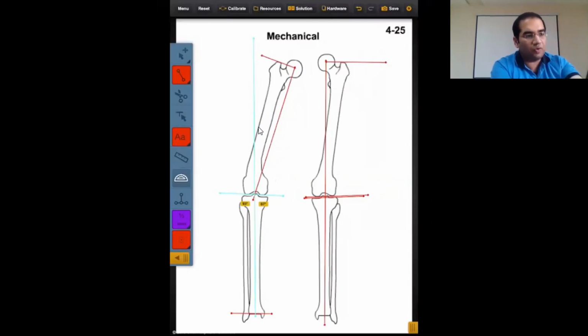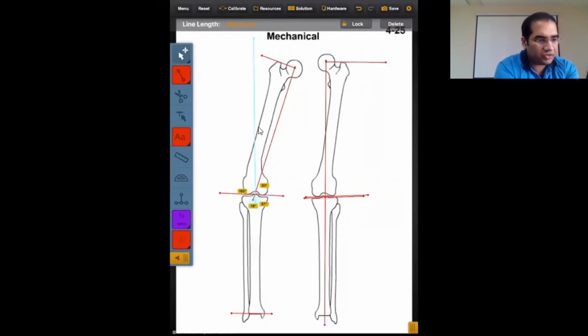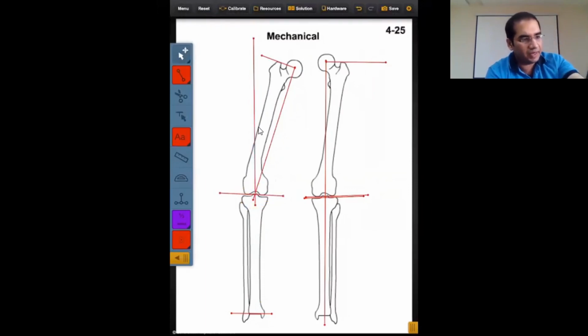This is only for when you have got your normal tibia. If there is a deformity in one bone and the other bone is normal, you can simply extend the mechanical axis. The other way is, if you don't want to confuse yourself, just draw a reference line from the center. This will also work fine. So you can do either. It does not really make any difference. There are many ways to draw the reference line.